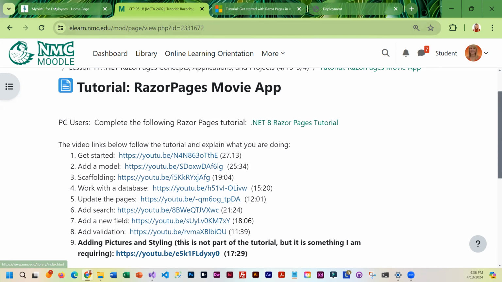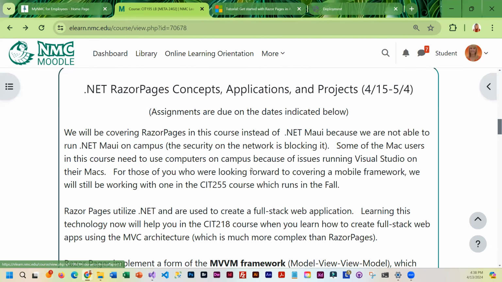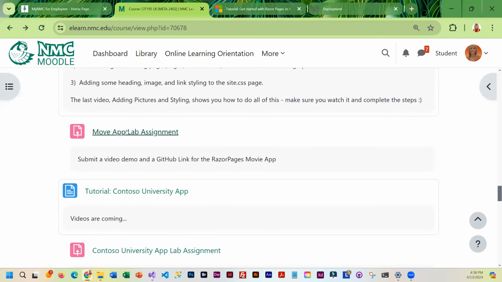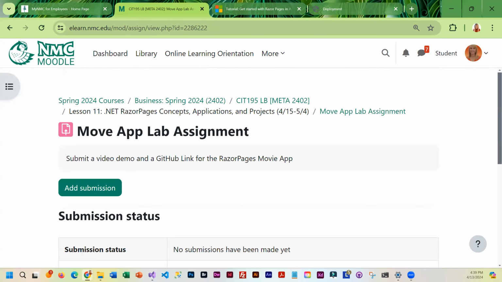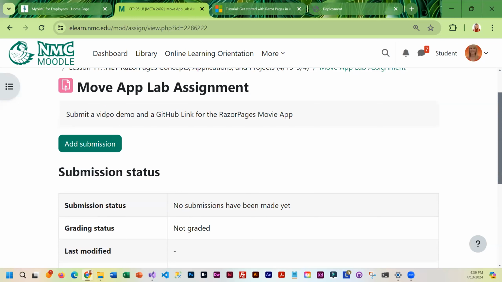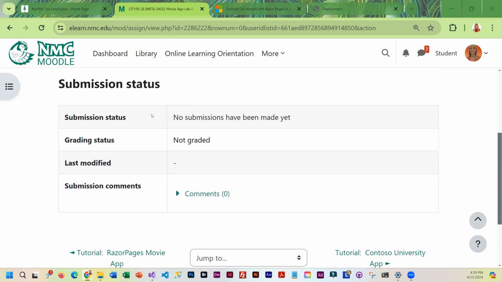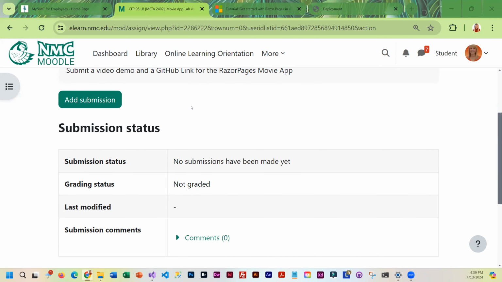So this is the first project. And once you complete it, you're going to run it and do a little video showing me that it works. So you're going to have to create a movie, edit a movie, delete a movie, just to show me all those pages work. And then you're going to add your submission to this Dropbox. What you're going to have to upload to the Dropbox is the video and a link to your GitHub